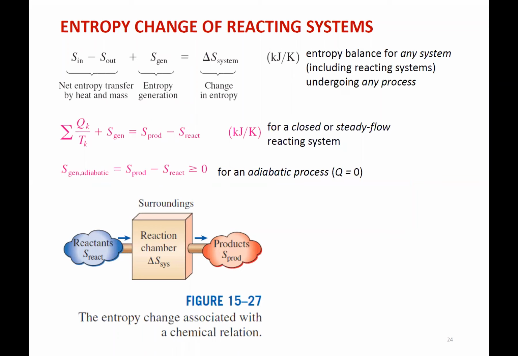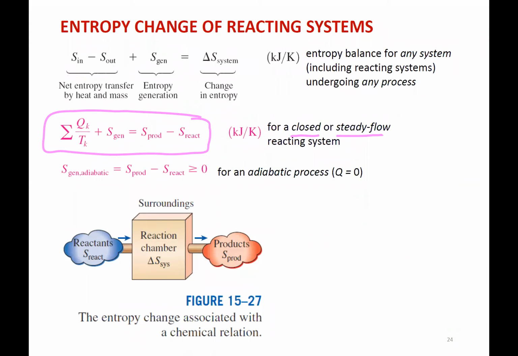Entropy. So I'll go kind of quick on this. We won't really do examples other than maybe in the slide. There's one or two. But if we just did the entropy balance on a reacting system, whether it's a closed system or a steady flow system, you end up with this equation. If it was a closed system, there's no enthalpy crossing the boundary other than heat over temperature here. And you would have Sgen, and then the change in S of your system would just be products minus reactants. If it was an open system,